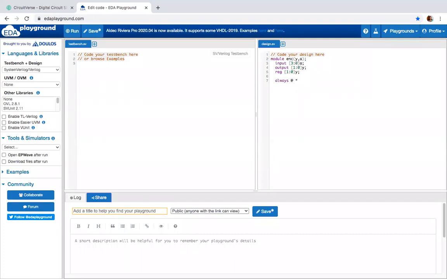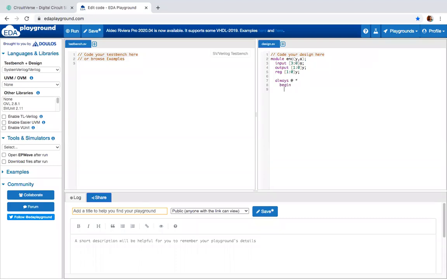If you give a star, it indicates that any changes in the inputs will be considered. There is no need to specify any of the input variables in the sensitivity list. Any changes to any of the inputs in the design, definitely the corresponding equations will change. Your design will respond. That is what that star indicates.